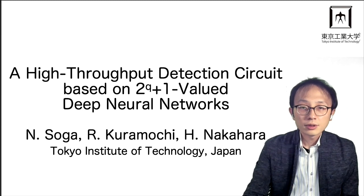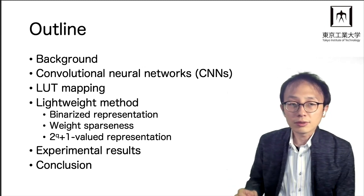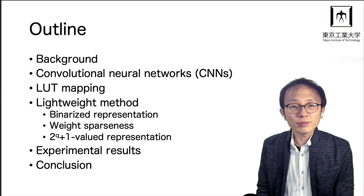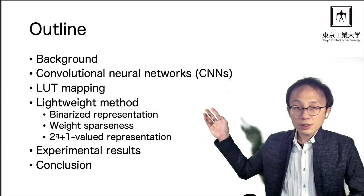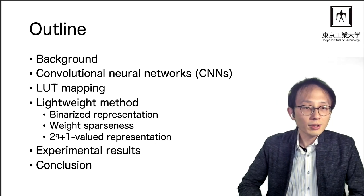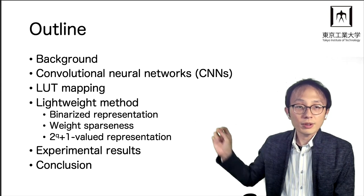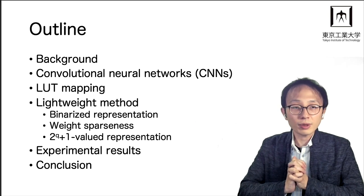So this slide shows the outline of my talk. First, we will talk about the background of my research, and then we will introduce convolutional neural networks, CNN, for computer vision systems, which have higher recognition accuracy. Then we introduce our new technique to map the lookup tables for the FPGA circuit from the trained convolutional neural network. And then we will talk about the lightweight method for compact representation of the neural networks, which is